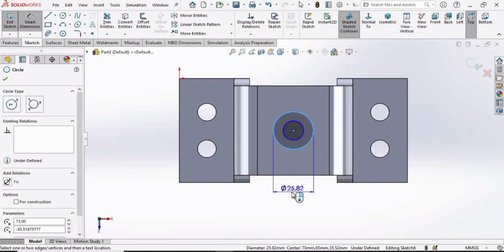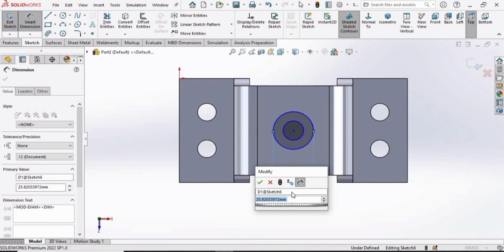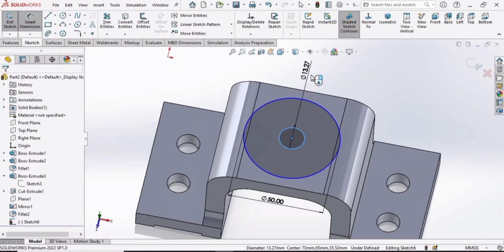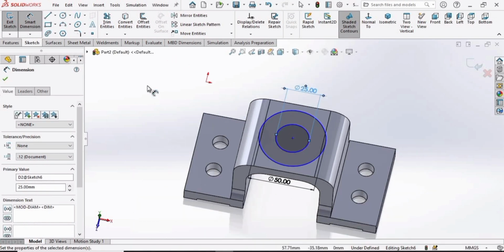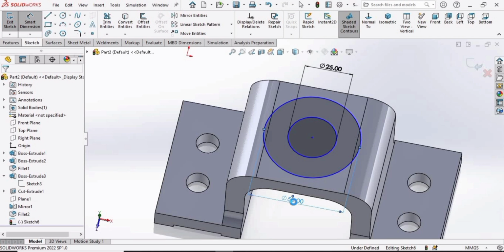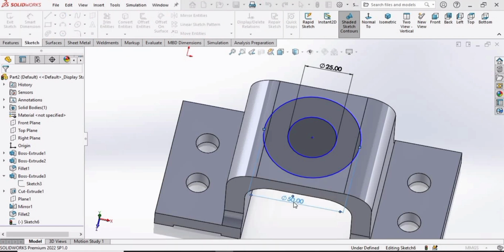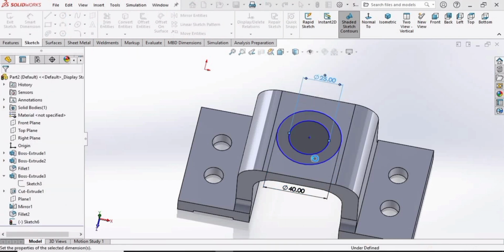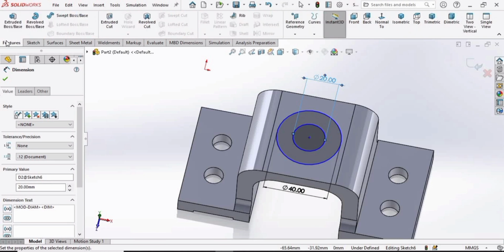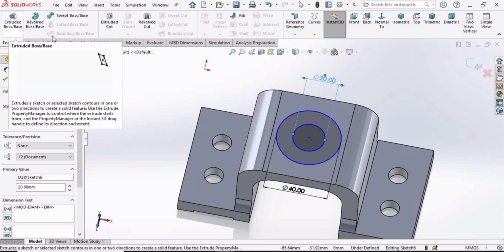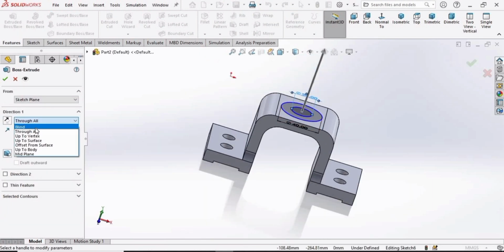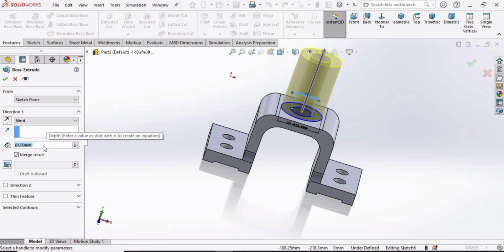Now let's specify the diameter of the bigger circle as 50 millimeter, and now specify the diameter of smaller circle as 25. Let's change this diameter to 40 millimeter, and this is 20 millimeter. So now they are looking better. Now go to features and select your extruded boss base, and here select blind, and then specify the length of extrusion as 25. Press enter and check this box,